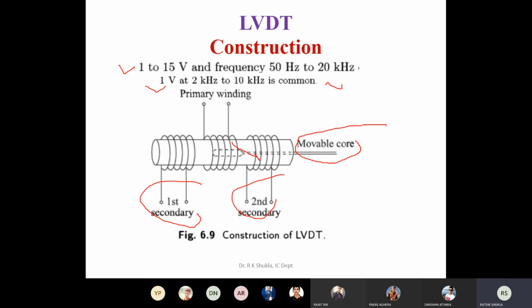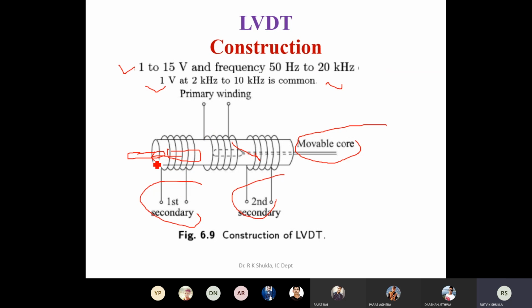Or let us understand it this way: as you move this core, suppose it comes over here. Suppose the core is over here. It means now the core is not in between the primary and first secondary. Whenever it is somewhere over here, you are getting maximum output. But whenever you keep going away from that maximum output, then the thing which is present between the primary and secondary is not the core, but air. And air generally opposes the flow of the magnetic path between the two sides.